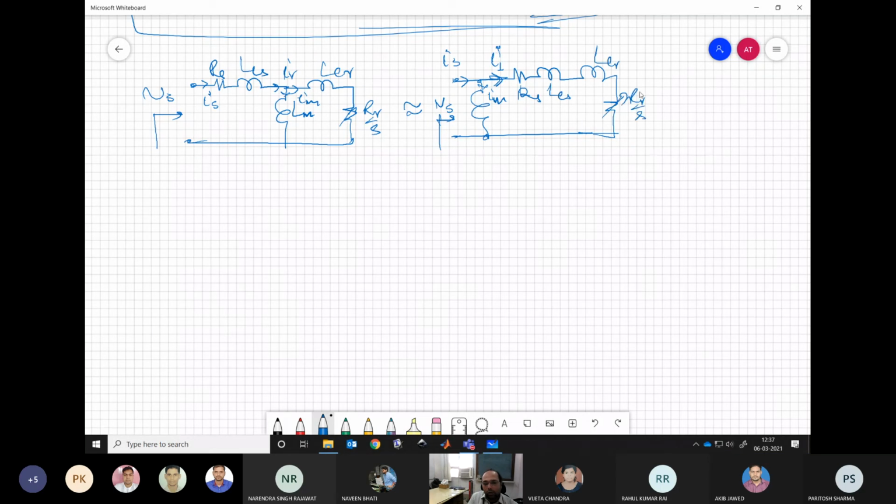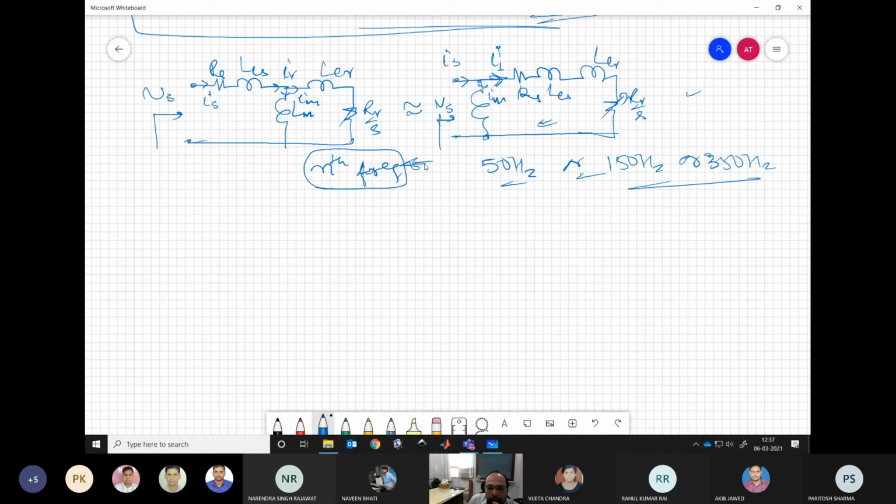Now we want to understand from this circuit point of view what is happening with the harmonics. So we know that when we are feeding harmonics, it is like some nth frequency. If we have a 50 hertz fundamental, we may have 150 hertz or 350 hertz, because only odd harmonics let us take as of now. Or in general, we may have any nth frequency, which is a multiple of our fundamental.